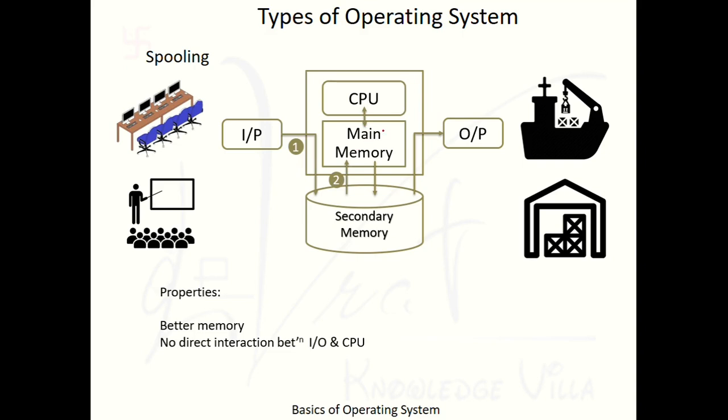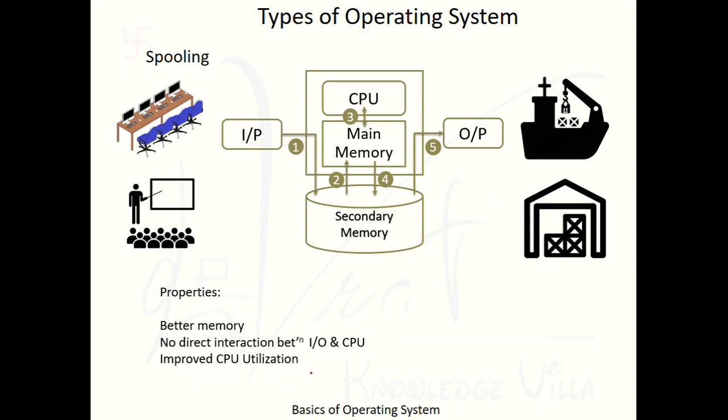Third step, whenever CPU is allocated to that data, at that time that data or process will execute. After completion of execution, again main memory will return the output to the secondary memory, and whenever output is required by the users, output devices bring the output from the secondary memory. That is the fifth and last step. Get it? So I hope you are understanding the sequence of execution, how execution is going on inside the spooling operating system.